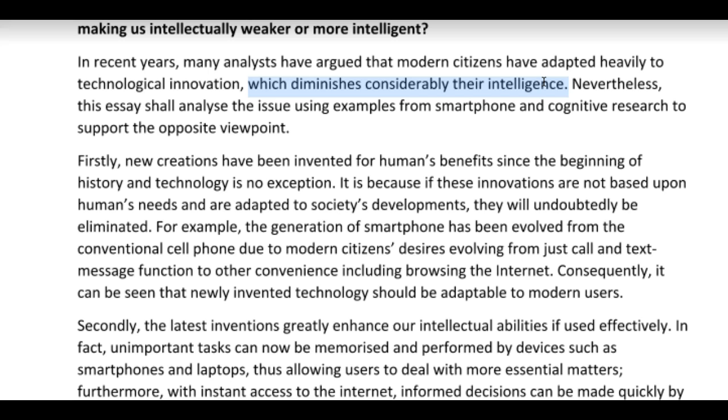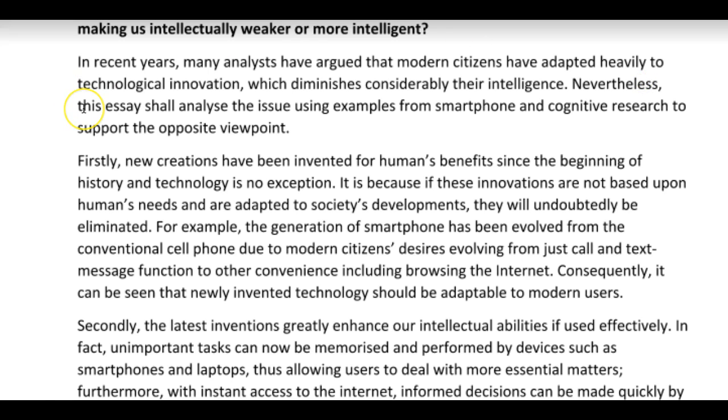Nevertheless, this essay shall... no, nevertheless, my other point, okay? If you're saying nevertheless, this essay, here it's just like however. So if you'd said most essays are rubbish, nevertheless, this essay will do this, okay, then we've used it correctly. But nevertheless is a contradiction of what you've just said before, very similar to however. So you can't say, nevertheless, ignore what I just said, this essay will do this, okay? So don't put nevertheless there.